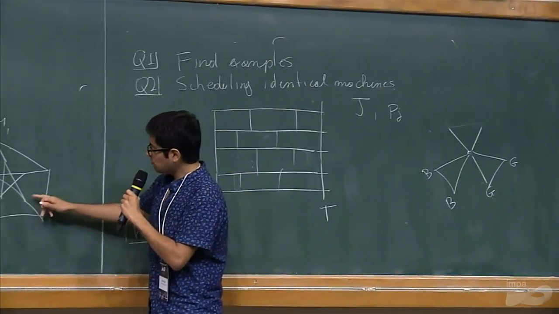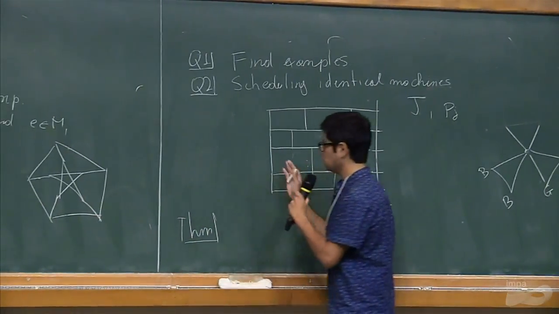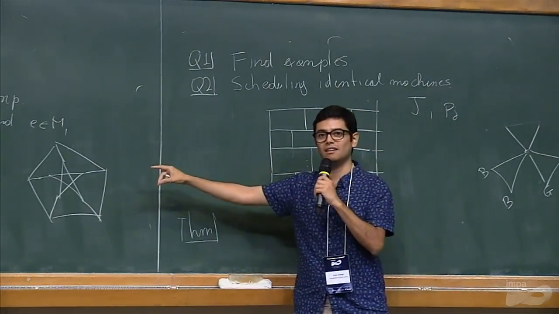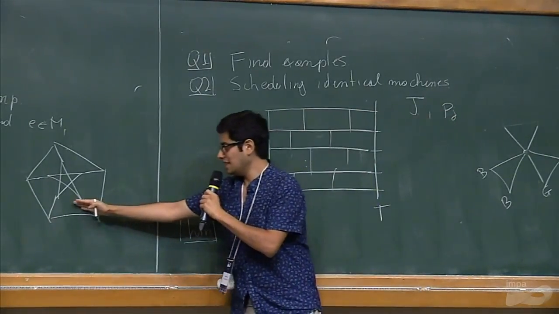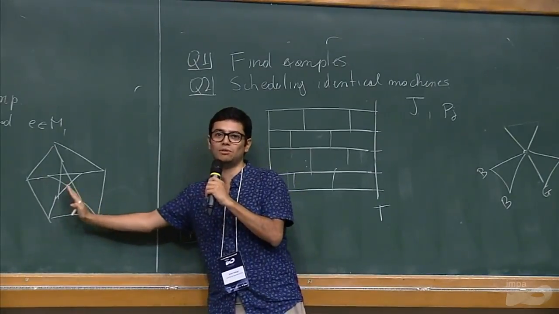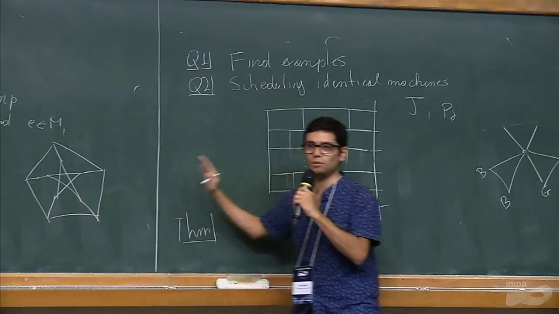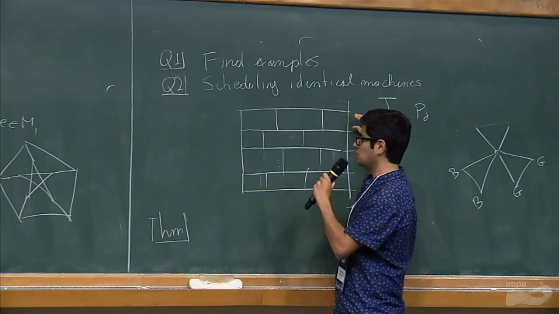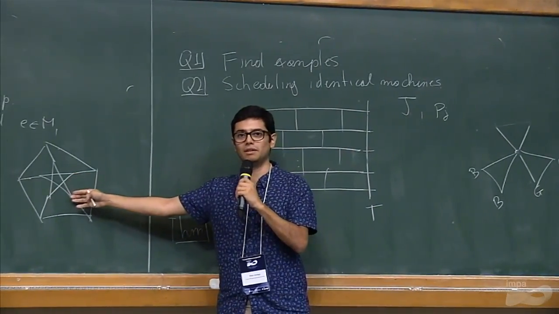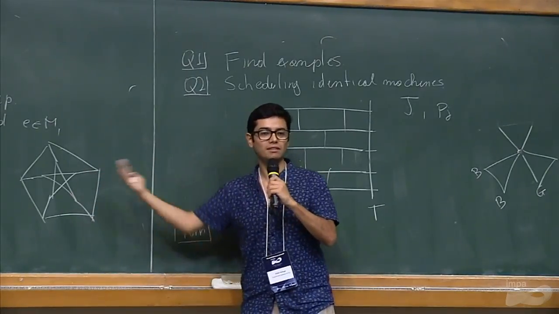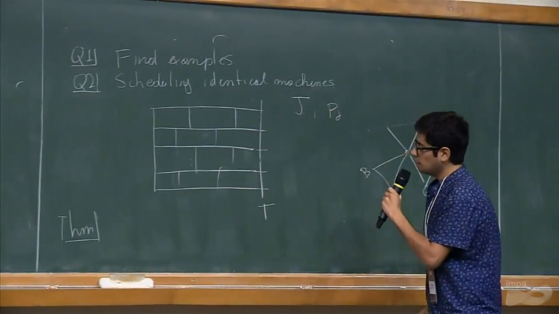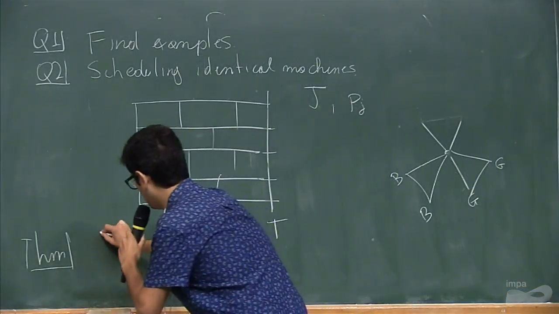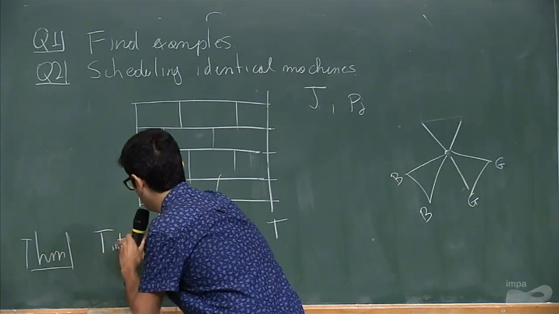So the connection is just imagine every bag as a perfect matching, and jobs are as edges, right? So here you want to pack everything exactly once. So how to pack a single machine is just a perfect matching here. So then the mapping follows, right? And the theorem is that the T integral